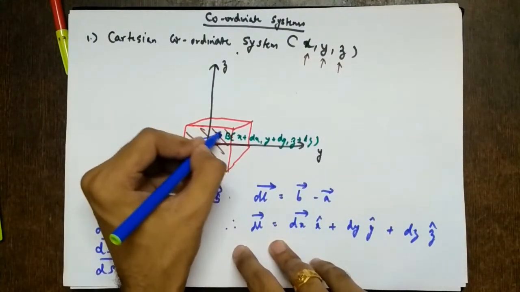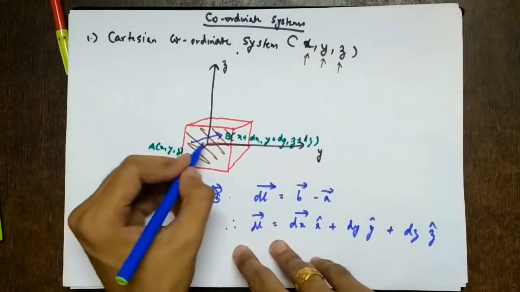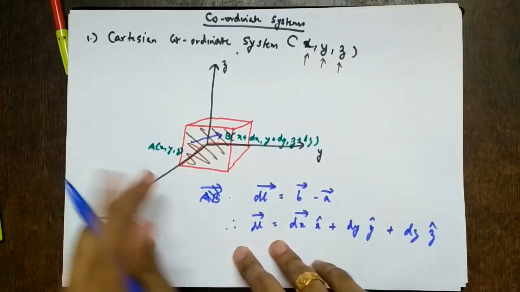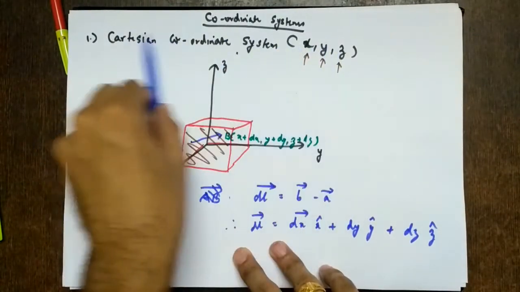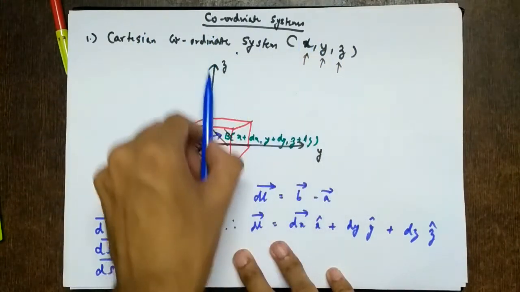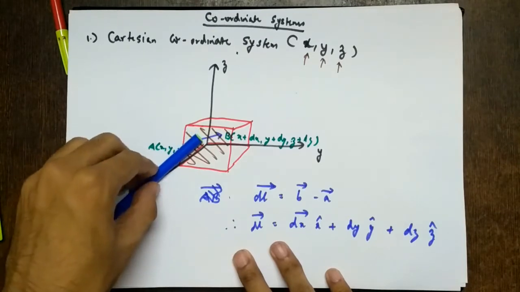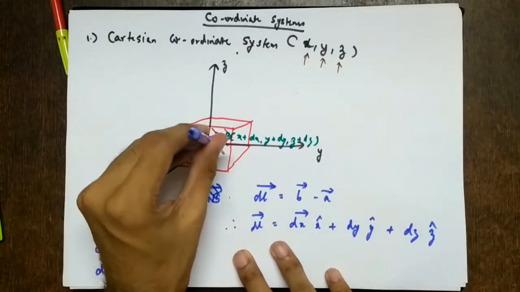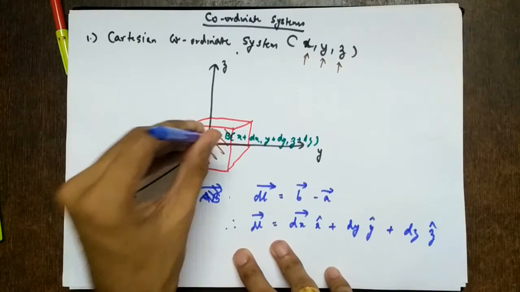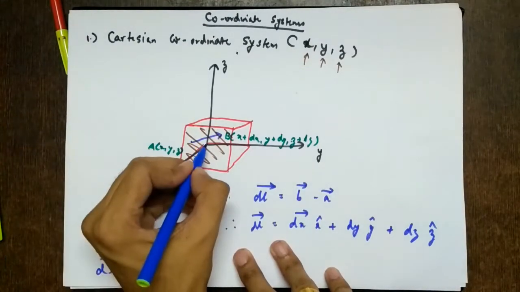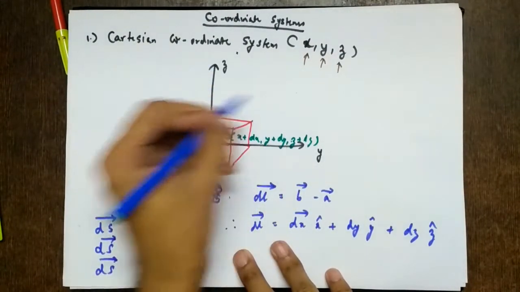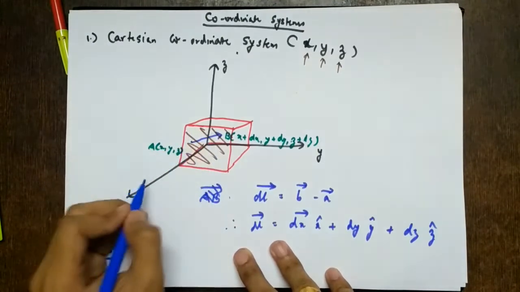If you observe this surface shaded with the brown pen, which plane is it in? It is in the yz plane, right? It is along the plane of the paper. So the plane of the paper is the yz plane. Even though you see this x going like this, you are thinking in 3D, so this is coming out, that is, towards you, towards the camera. So x is coming out. So yz is along the plane of the paper, and this surface is along the plane of the paper.